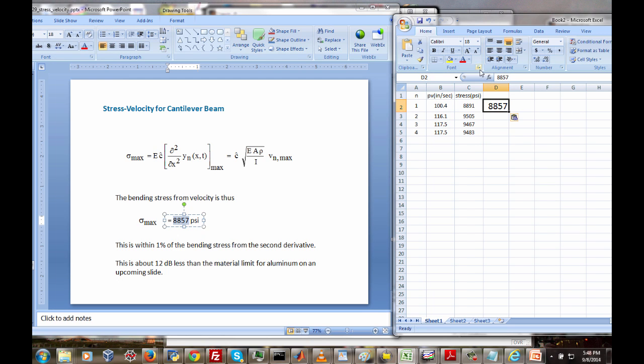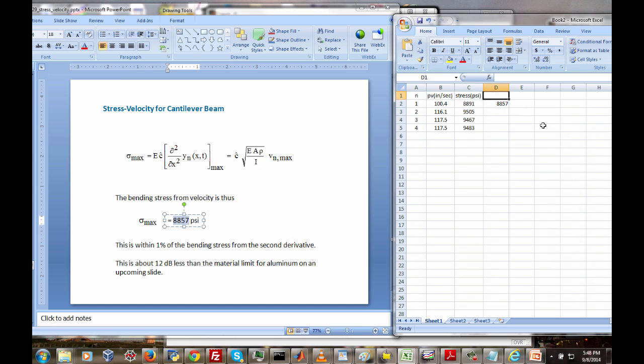Okay, we got something funny going on with the fonts. Let's see, the font should be 11. So I'll put SV. That's the stress velocity in psi for just one mode. Put these in the same Excel spreadsheet. So we're pretty close. Our stress velocity value is within 1% of the